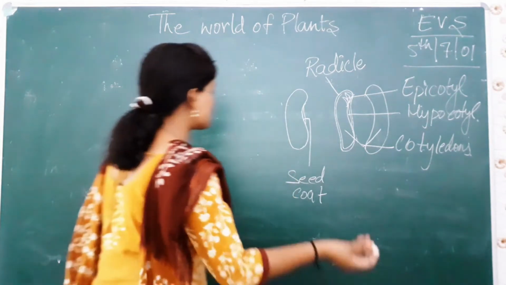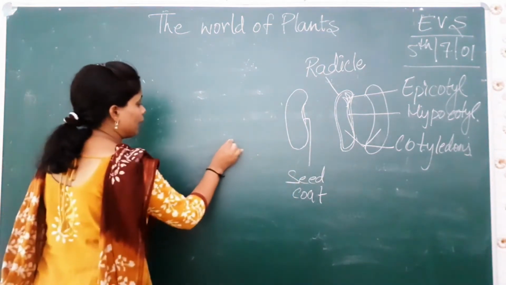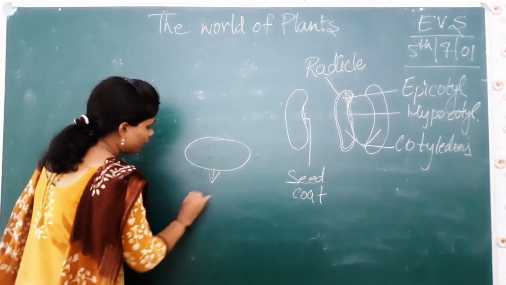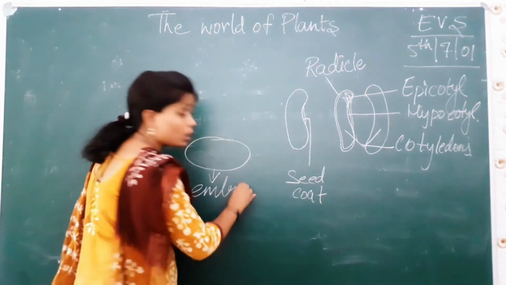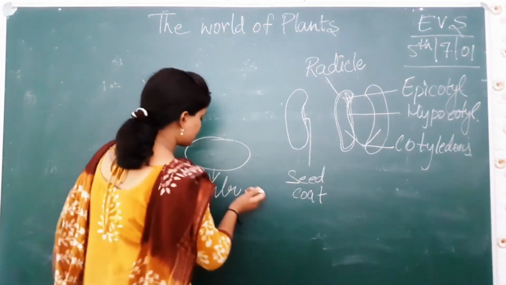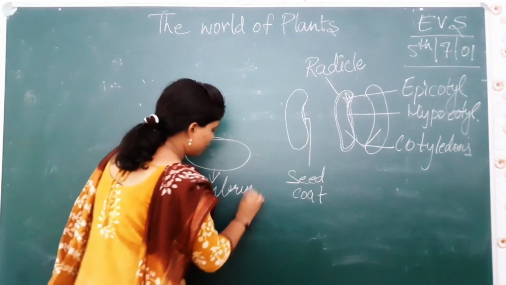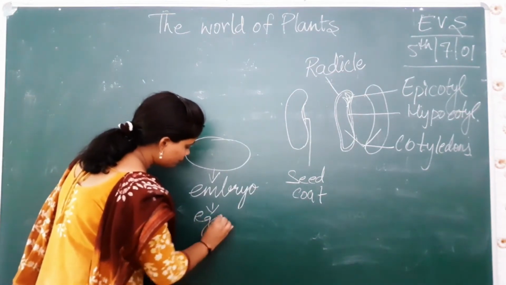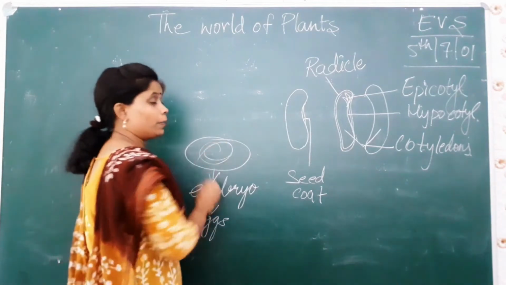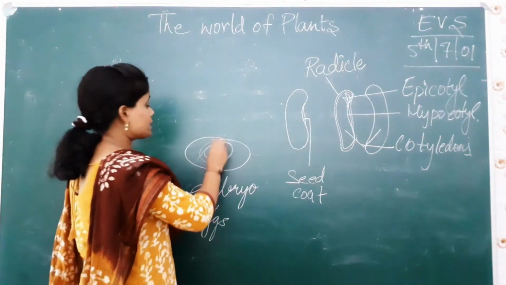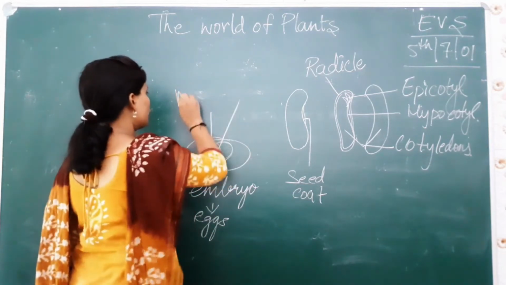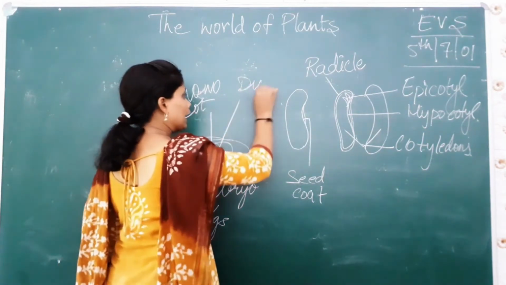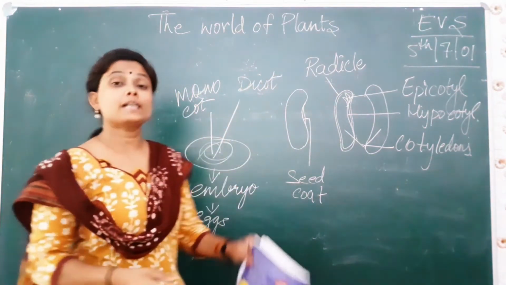You can also understand the embryo as an egg. We can know this embryo to understand better, but as your class increases, you will understand it in a better way. Inside the embryo, there are the seeds, and inside it can be of monocot or a dicot. Let's see, it's defined.